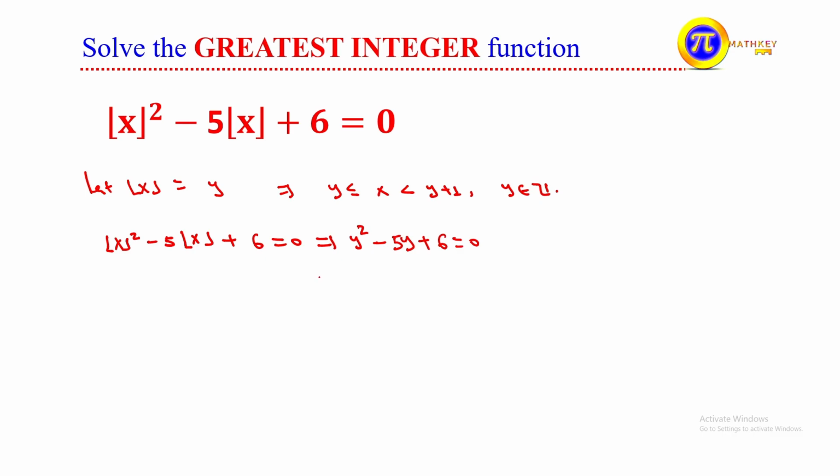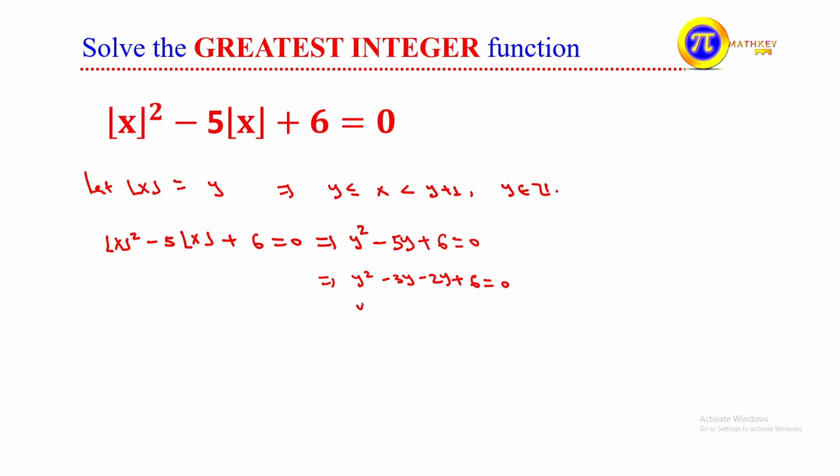This means y square minus 3y minus 2y, ሲደመሩ ኔጌቲቭ 5 ሲባዙ 6 የሚሰጡ ኔጌቲቭ 3 እና ኔጌቲቭ 2 ስለሆኑ plus 6 is equal to 0 ይሆናል።